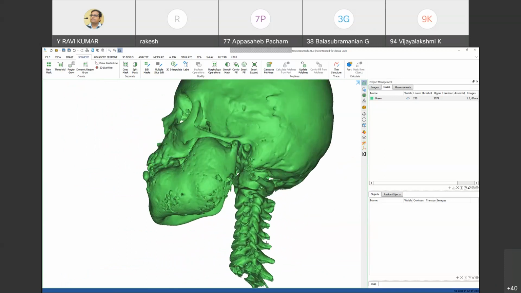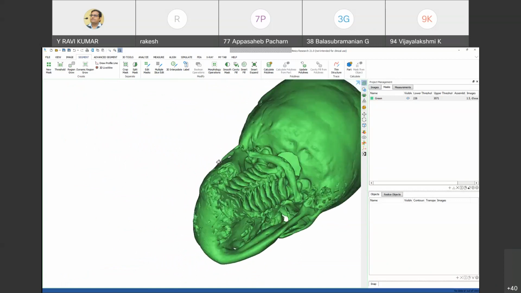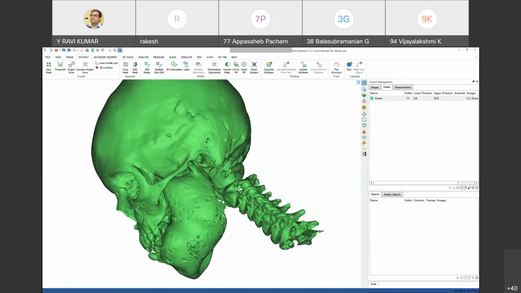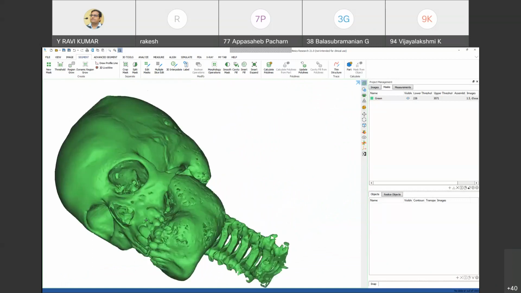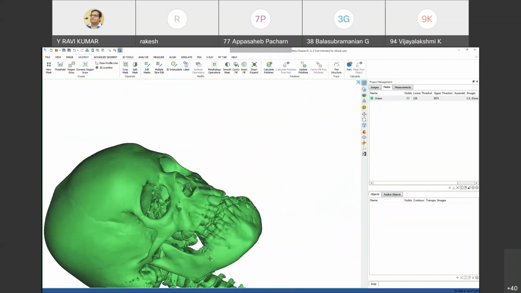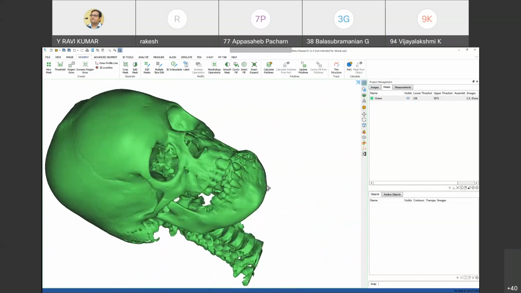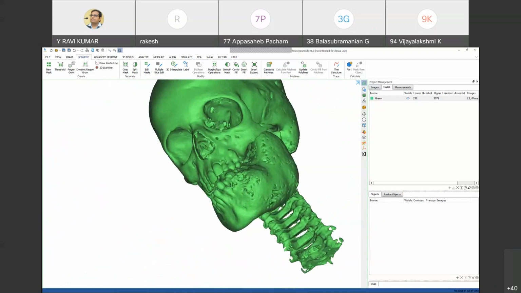Now you can see the spine. This one is the spine, and this one is the jaw. Generally we call it the jaw, but in medical terms it is the mandible. This tissue was damaged.